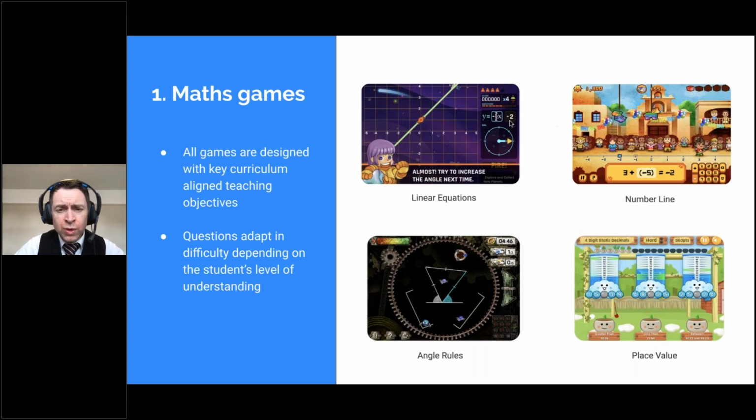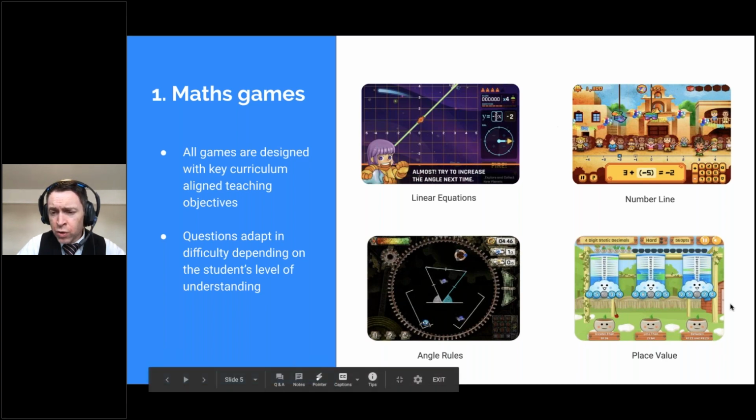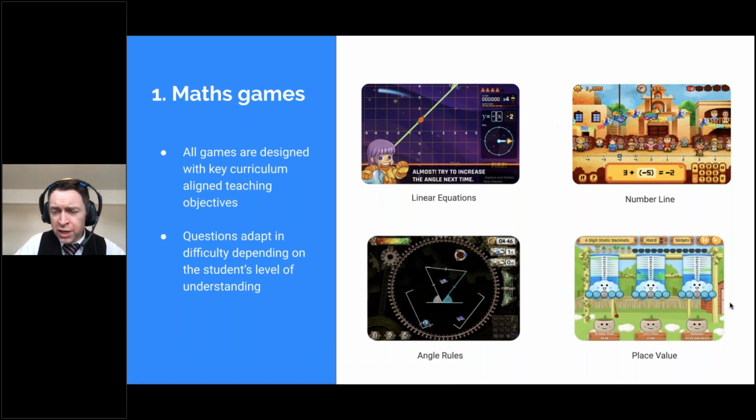So in the example here, the top left, we have a game called Graphs of the Galaxy, where students learn about gradients and intercepts, and they do that through playing a game. In the bottom right corner is a game for primary students, a game called Little Rain Cloud. In this game, students are learning about place value by moving around the ones and the tens and the decimals to learn how that changes the value of the number. So we have a whole range of different mathematical games that your students can play and that you can assign to them as well.